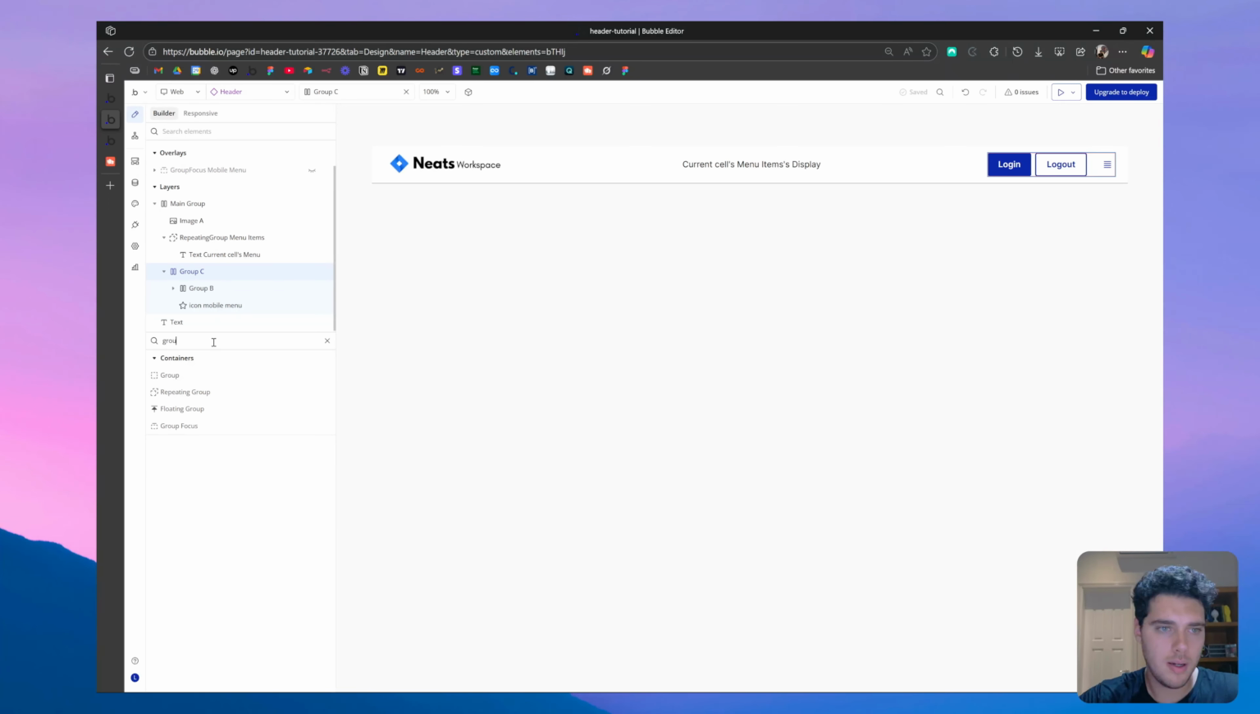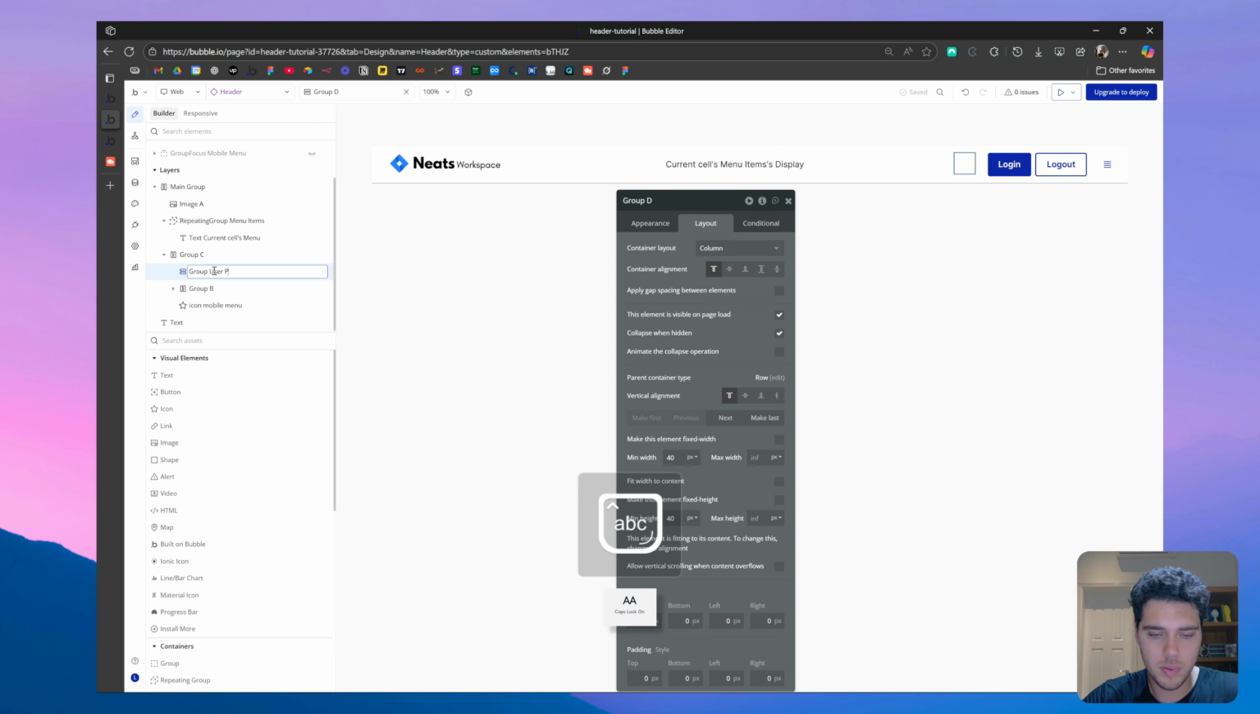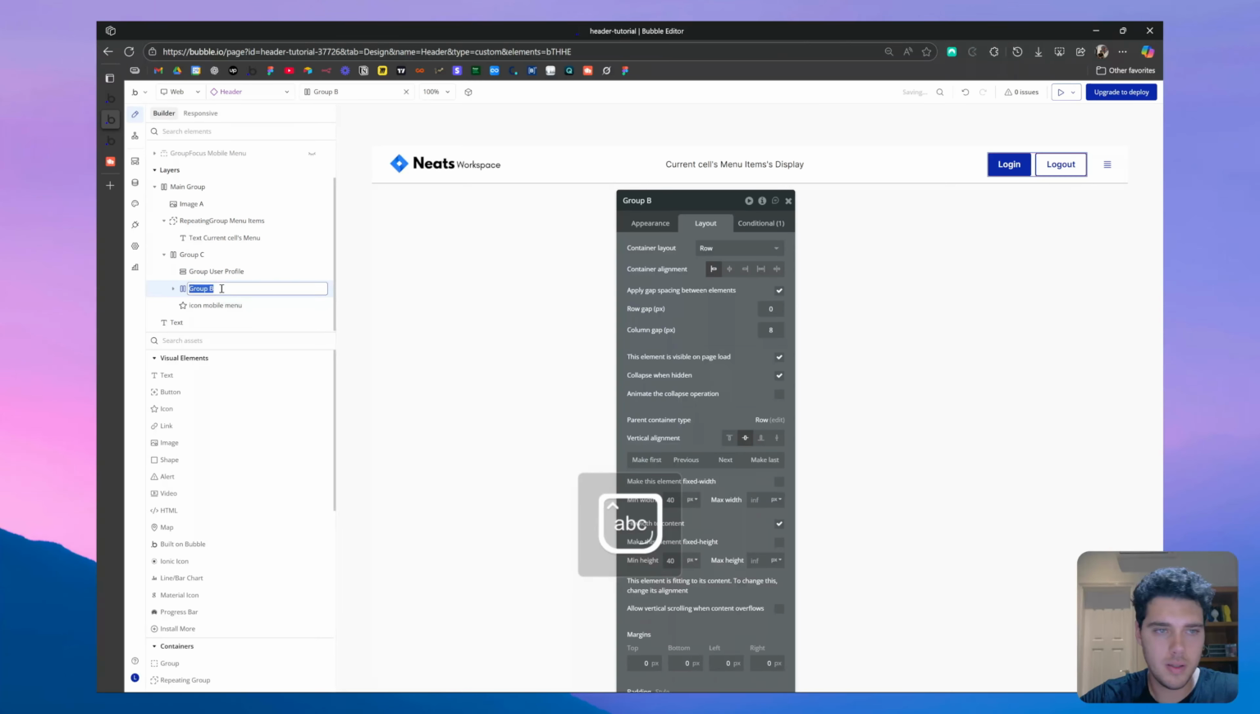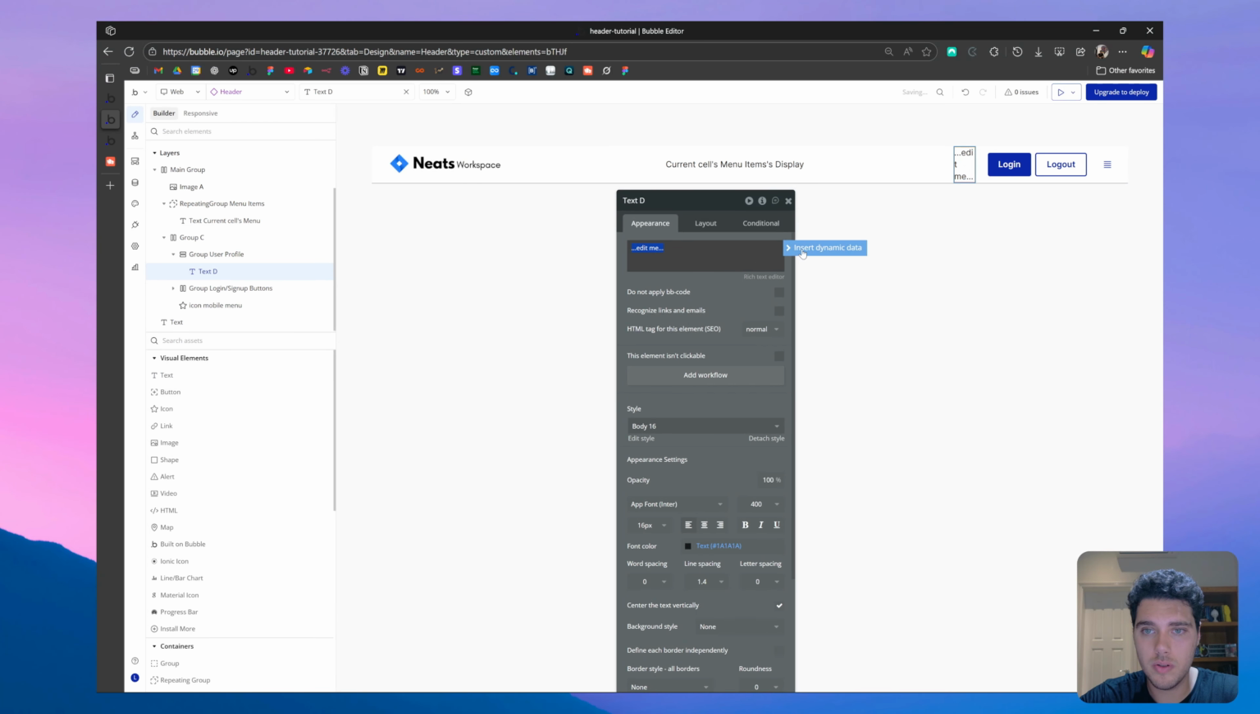So let's create a group inside this other group here that contains these buttons and the hamburger menu. And inside this group, let's do group user profile, and let's rename this group login sign up buttons. And then inside this user profile, I want to have a text which should be equal to